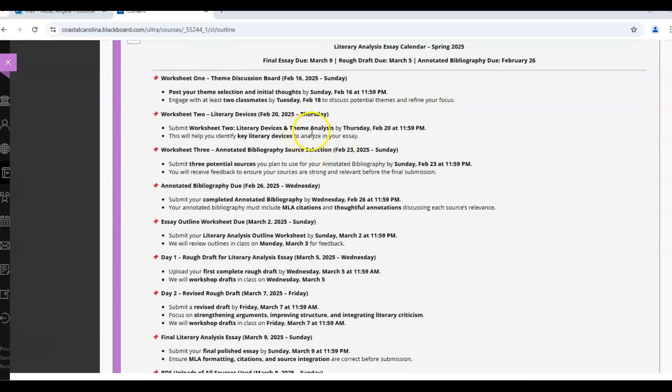Then you've got some worksheets to help you work through all of your thoughts. Then you're going to go find your 2 or 3 sources. I'm asking for 3 because you're only required to have 2, but you know how it goes. Sometimes you see stuff that doesn't work as well and you have to start over again. So it's good to start with more than you need.